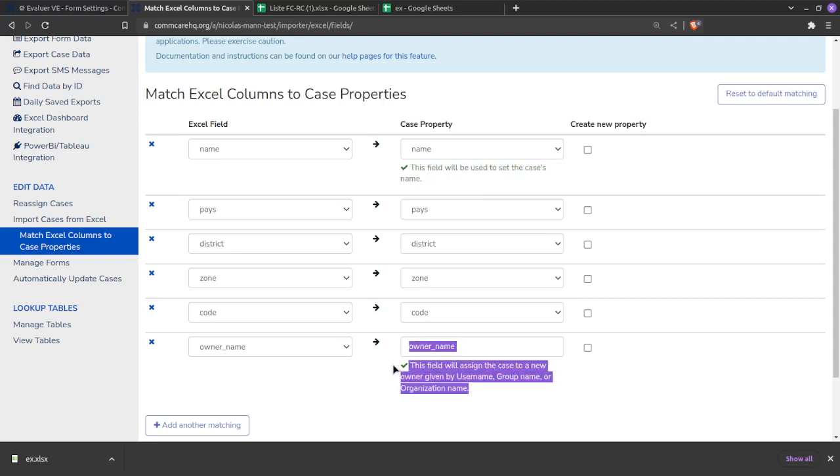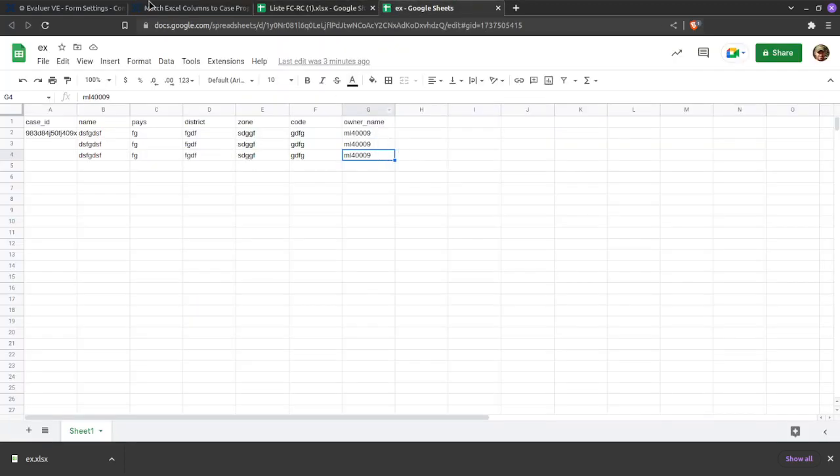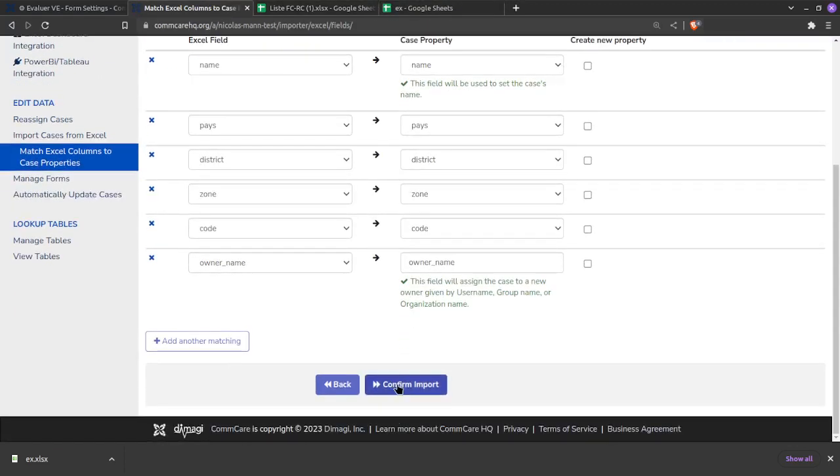And then more importantly, down here, it's saying the owner name column is going to assign the case to a new owner if you gave me a username, a group name, or an organization name. So that's just telling you, be aware, we're going to reassign this case to whomever you told us to in this column. So, and then finally I would confirm it,